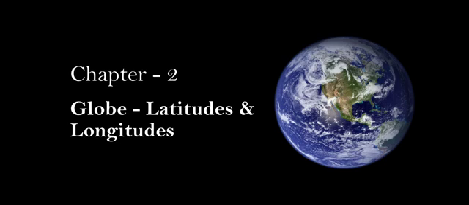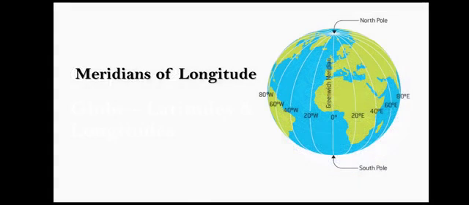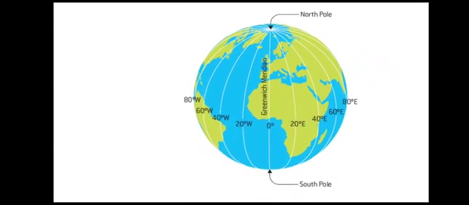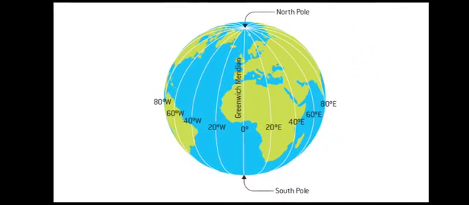To know the position of a place, it is necessary to know something more than the latitude of that place. To find out how far east or west the places are from a given line of reference, running from the North Pole to the South Pole. These lines of reference are called the meridians of longitude, and the distances between them are measured in degrees of longitude. They are semicircles. These lines join at the North and South Pole.